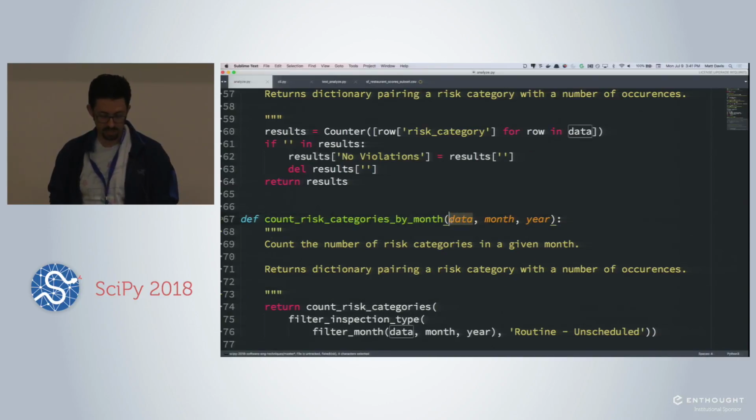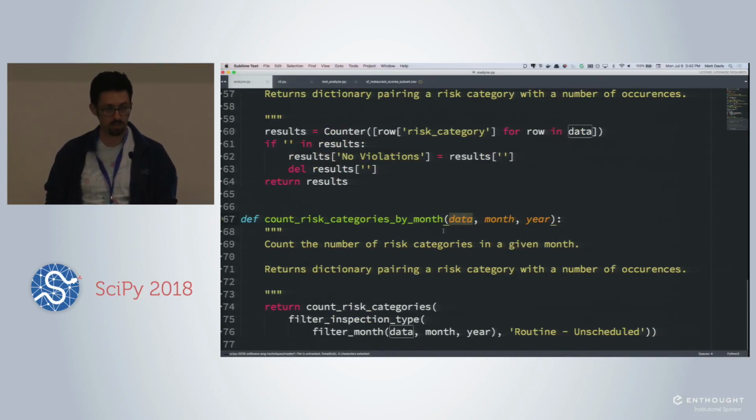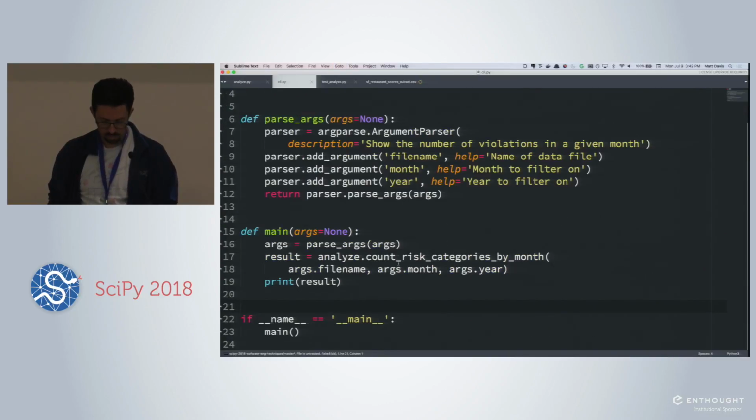So here we're saying we're working with the data, not a file name. So either here we need to read the data, or we need to go back here and say, oh, we'll take a file name in here and read the data first. Maybe we'll do